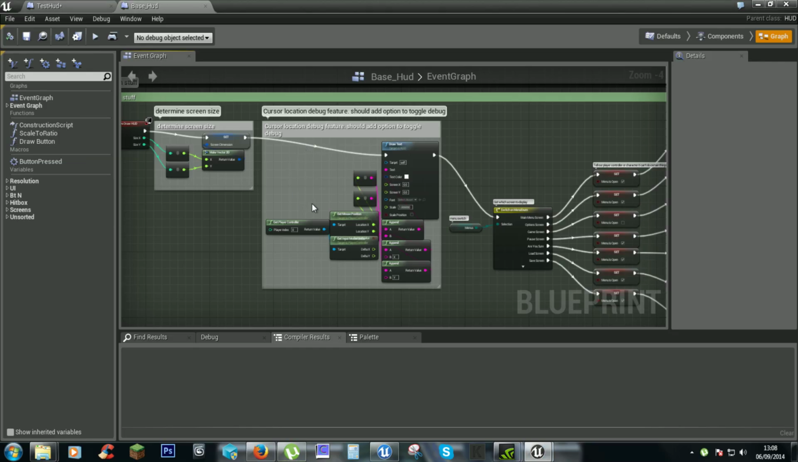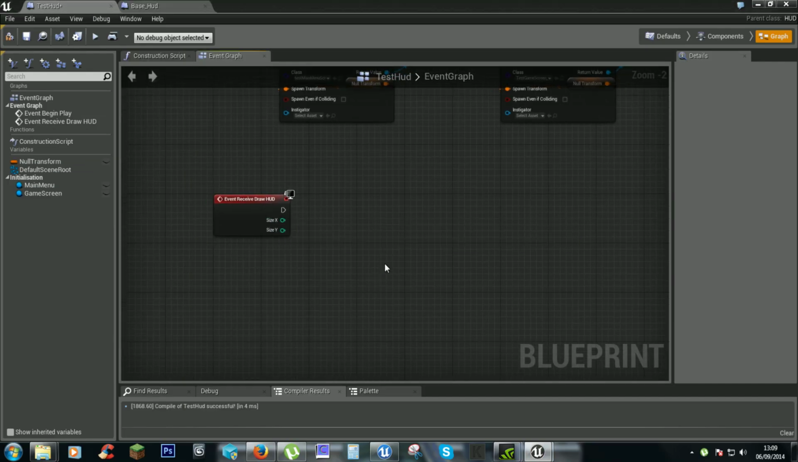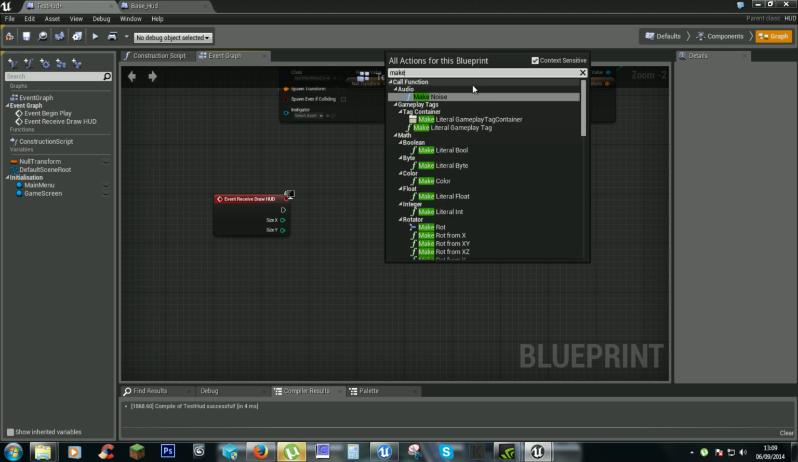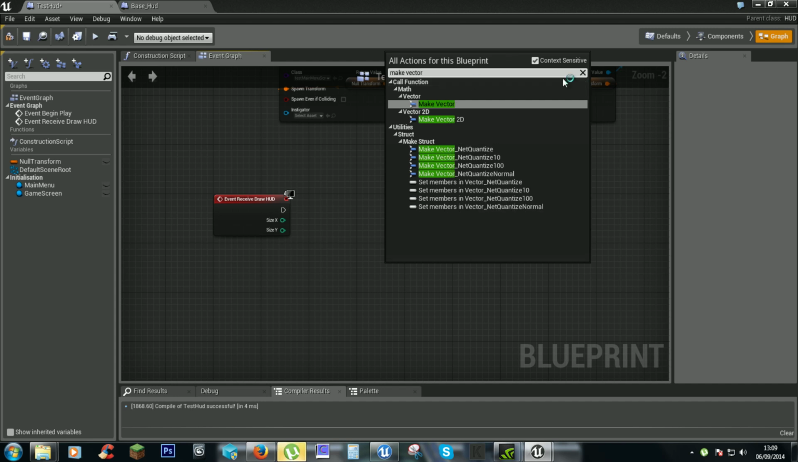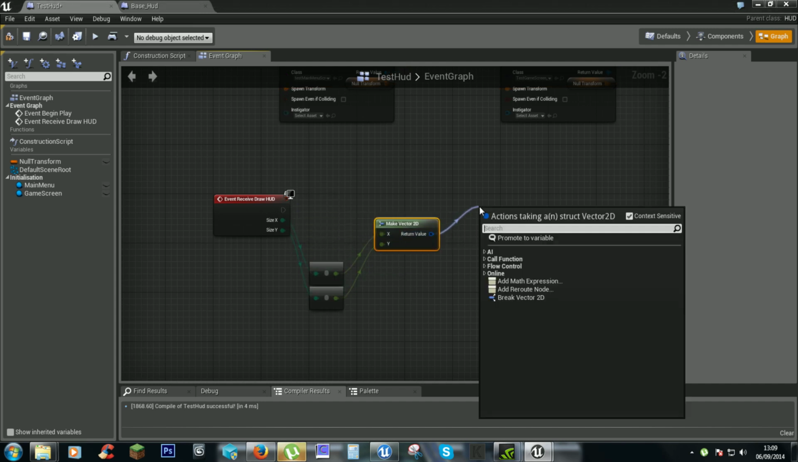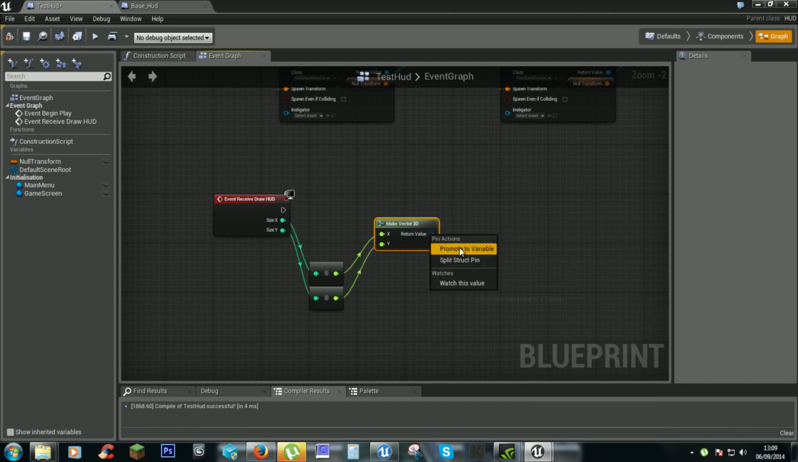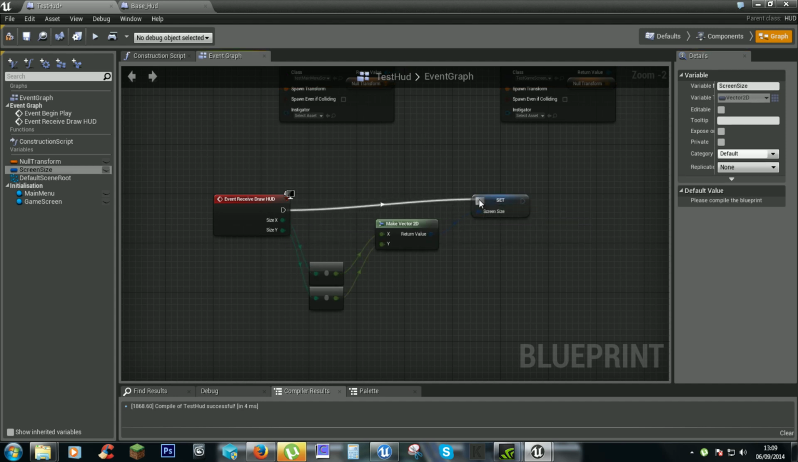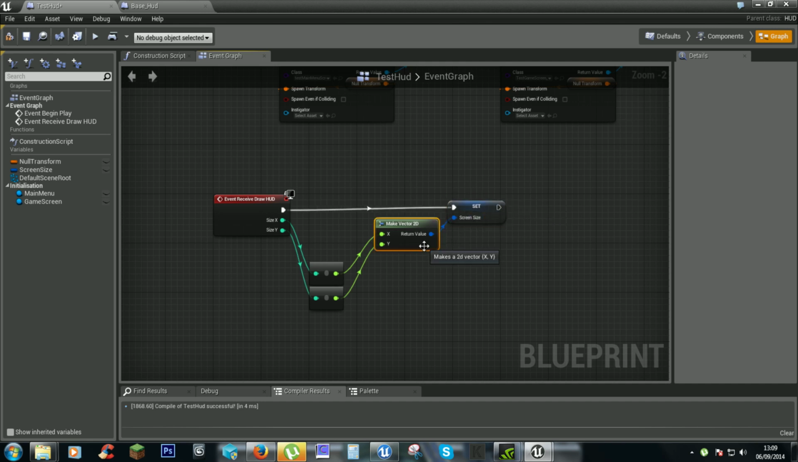So much effort. Right. So make vector 2D, then X can go in there, Y in there, and then point variable, screen size, that'll do, and